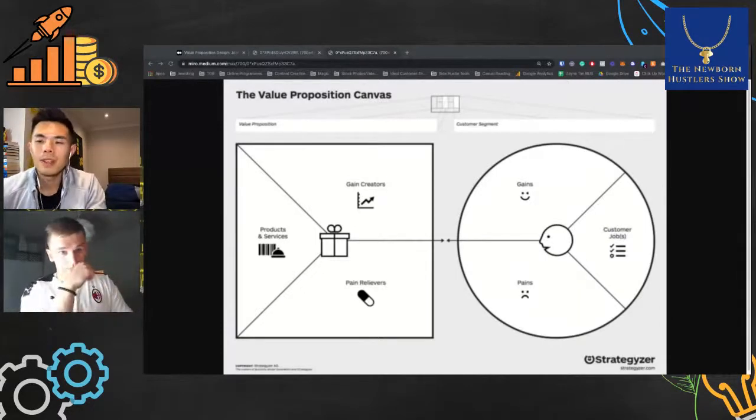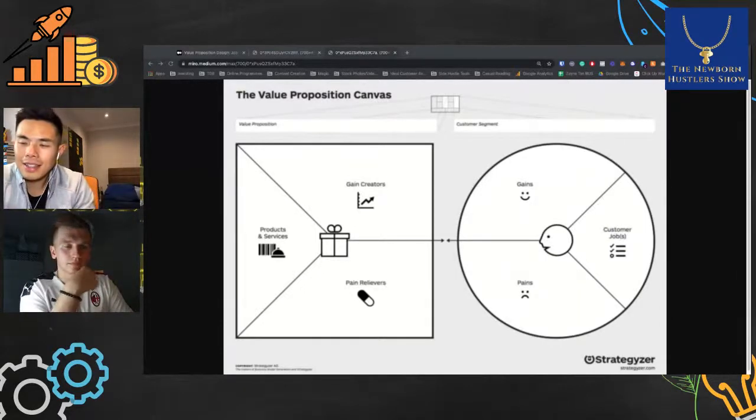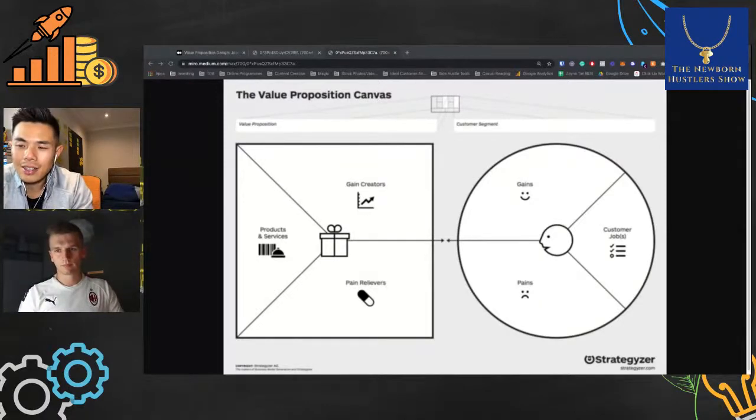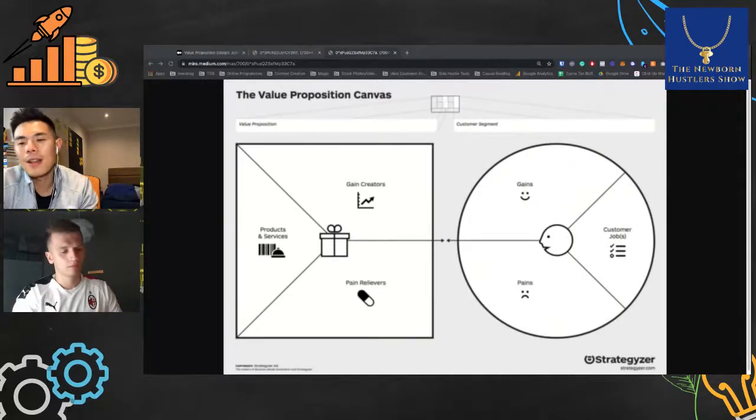Yes, go on. No, I'm just going to say that if people are watching, then it's a lot easier. But basically, if people are listening, then from the customer side, we're looking at three things, right? The pains, the gains, what is the job that the customer is trying to achieve. But then we have corresponding things for each of these areas, which translates to the left, what you see on the screen there, which eventually becomes the products and services. What's the gain creator? What's the pain reliever?